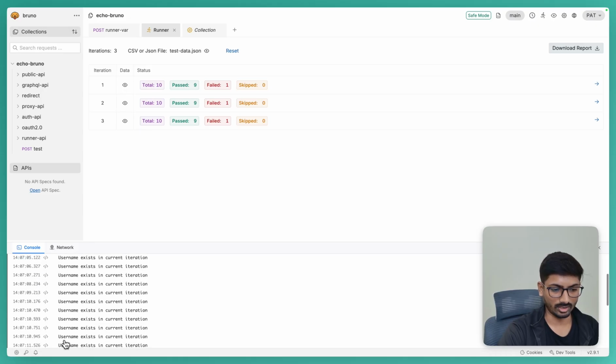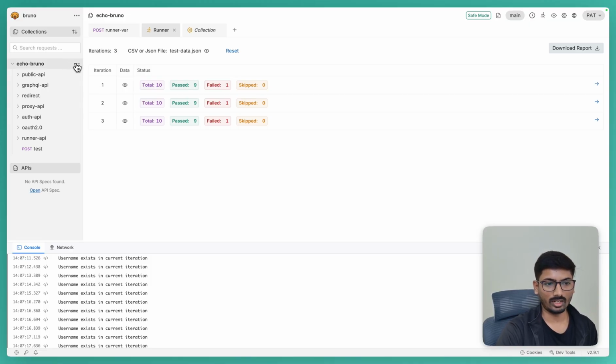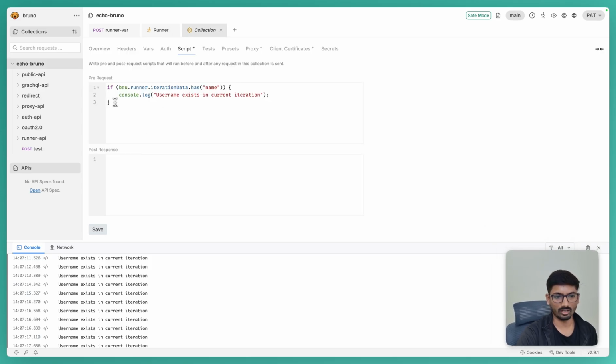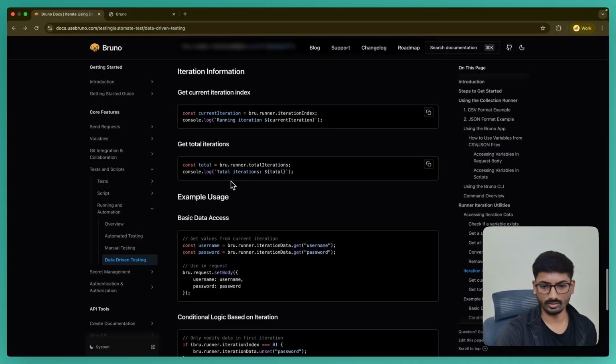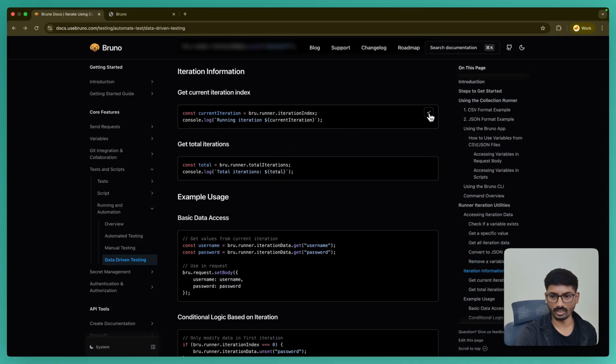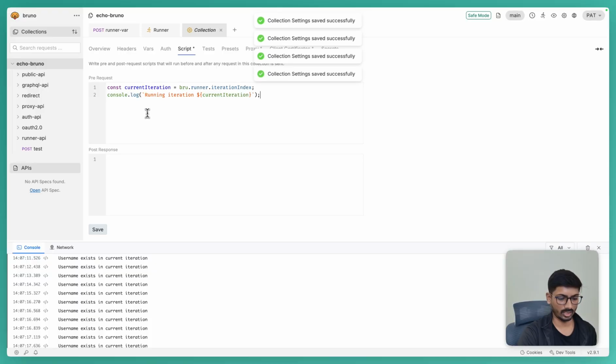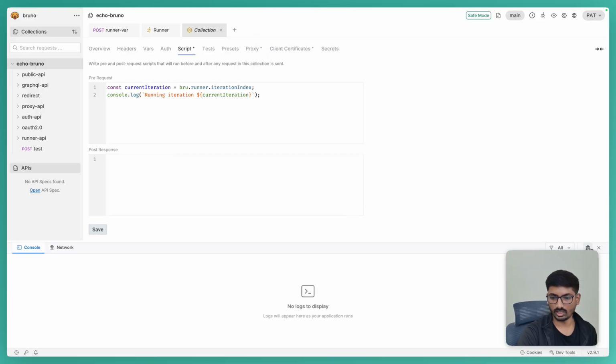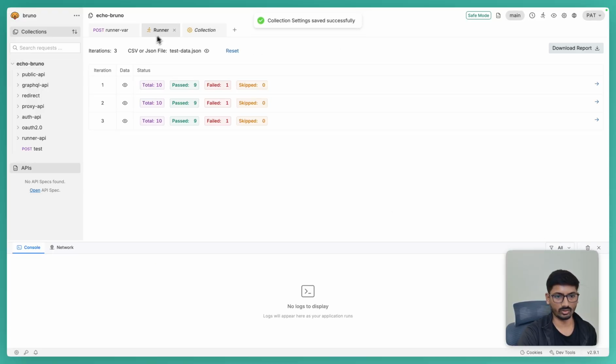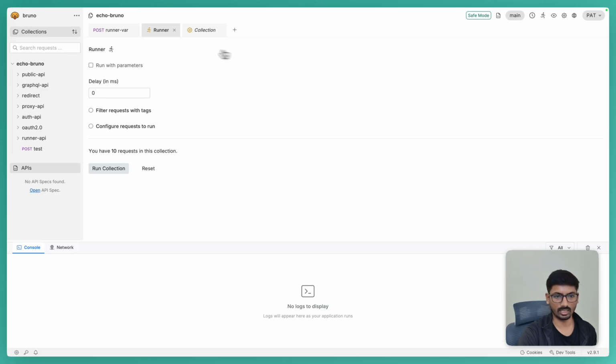So I'm expecting that this is executed up to 30 maybe, because we have 10 requests inside of that. Once we do that, I want to show one more example. I will quickly delete this, and I want to show the iteration index. So if you execute this, and I delete this, save, go to runner, I will say reset, run